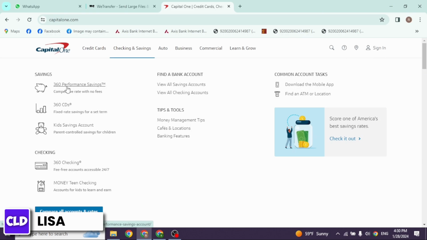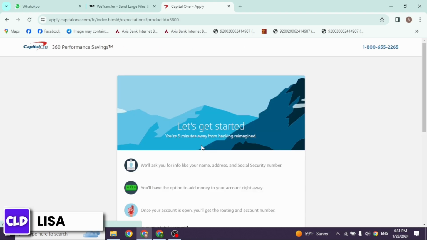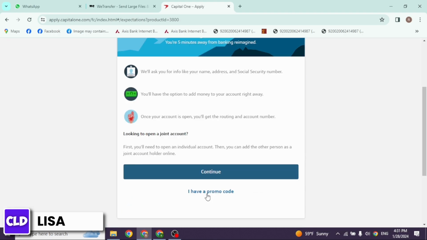Here I'm going to select this one. I have selected 360 Performance Savings. Now click on this option of Open Account. Let's get started. Now you have to fill some details to create your account, so scroll down and click on